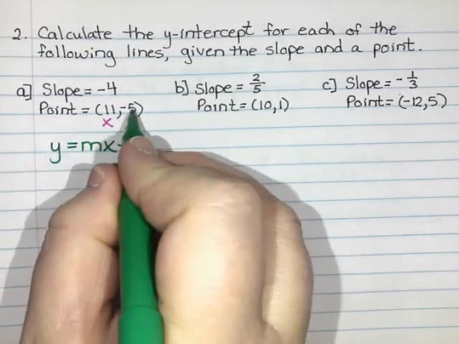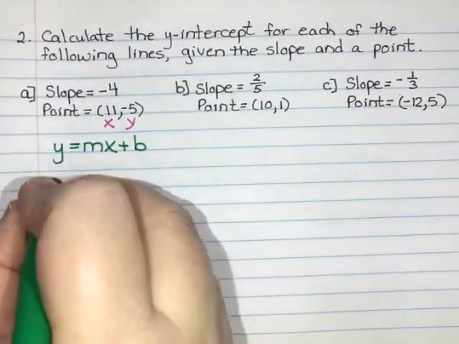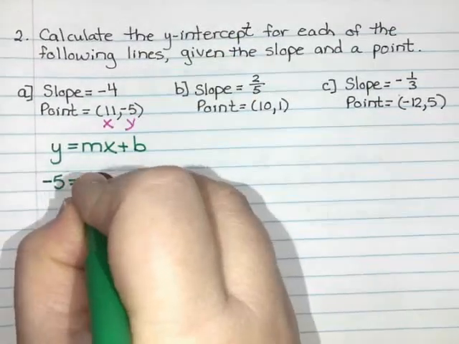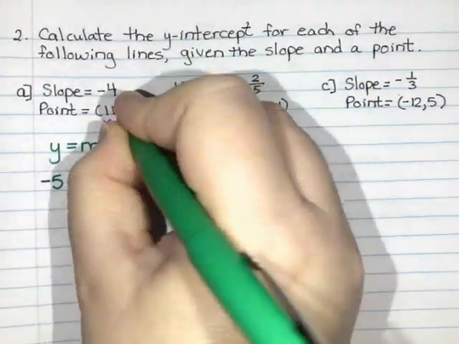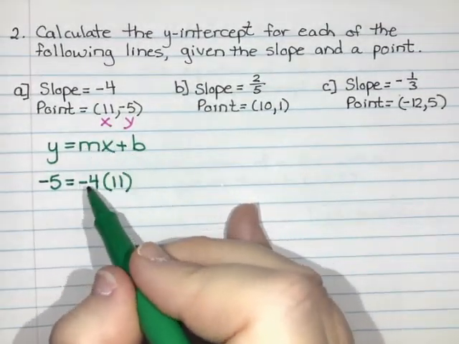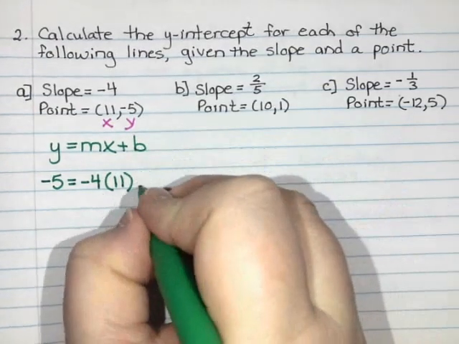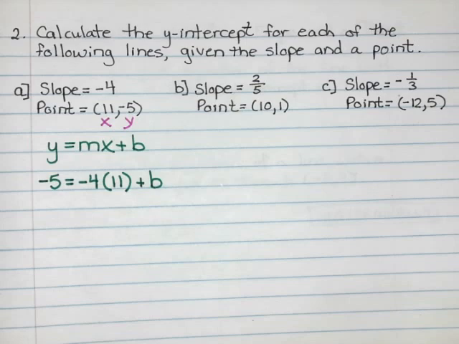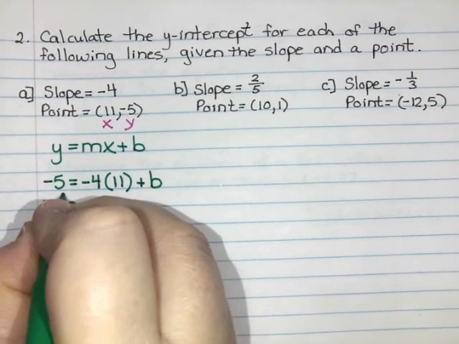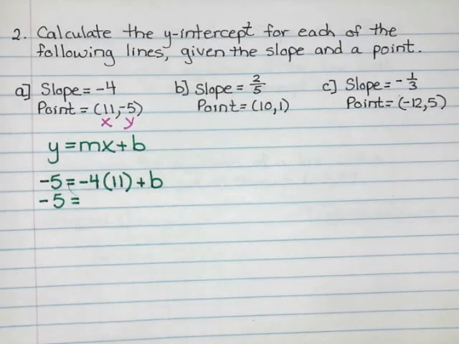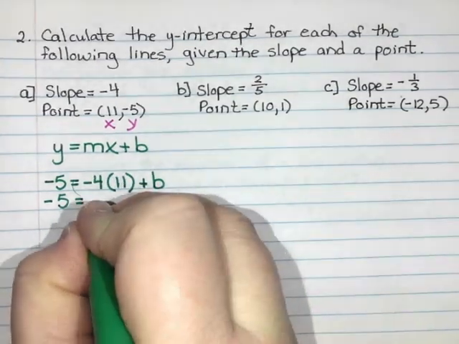So I'm going to substitute in -5 for y, -4 for m, and 11 for x, right? mx means m times x, so -4 times 11, and then plus b. And we are going to try to solve for b. So -5 equals, I'm going to multiply -4 and 11, use a calculator if you need to, but -4 times 11 is -44